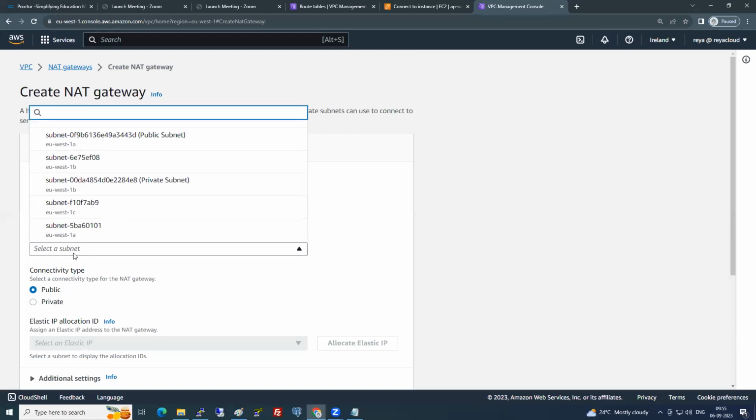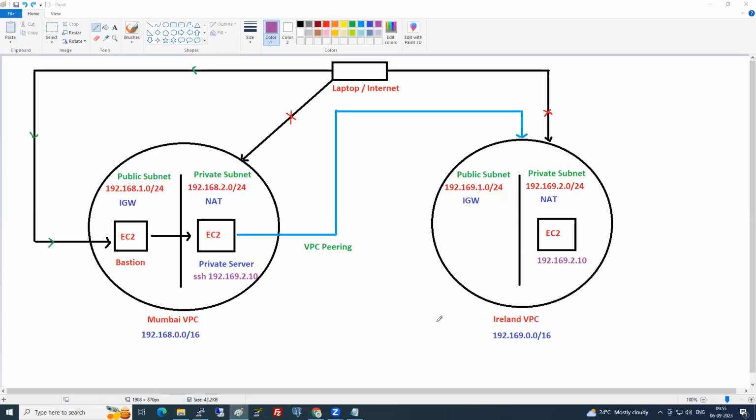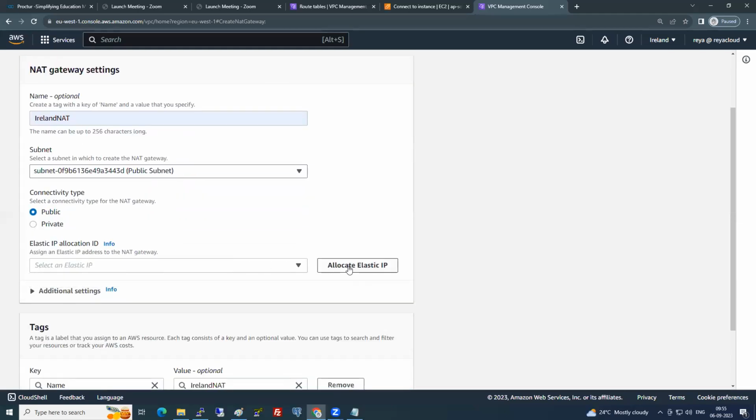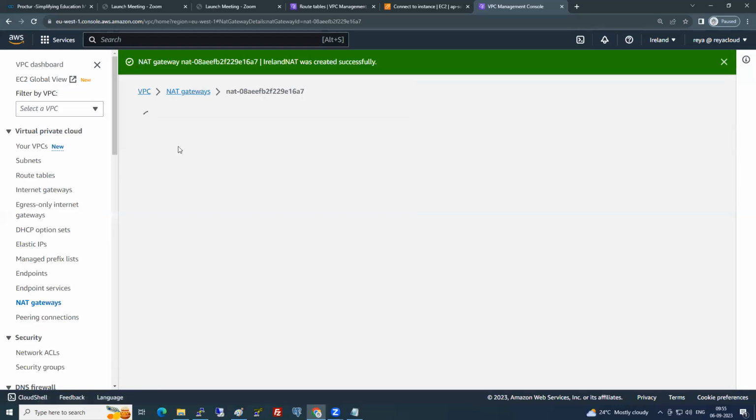Which subnet? Public subnet. Actually, for this, do we need internet from here? Not required. Actually, no need to even create NAT and all. But as per the process, let's go and create it. Select the NAT, and then we need to have one elastic IP, and then create NAT. Next step,